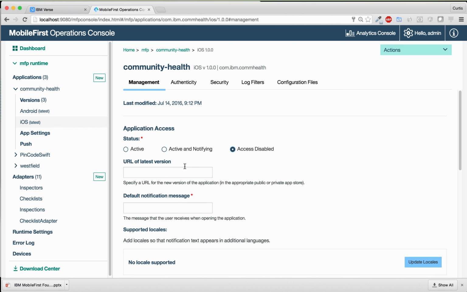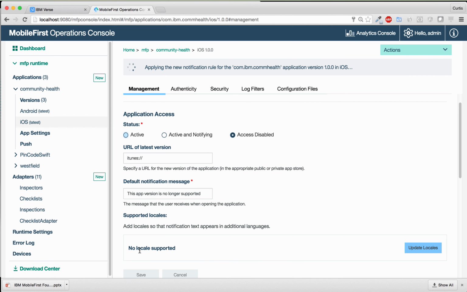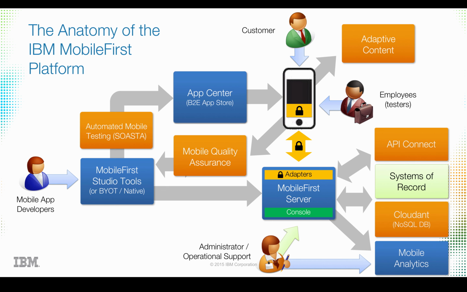With MobileFirst, what I can do is I just tap on Access Disabled. I have the ability to put in a new version of the app if I've got a link to an app store. Maybe this is an internal link or just a web page that people can go to find out how to get the new version. I can put in a notification message: this app version is no longer supported. And as I do that and hit Save, now any users of that mobile app, the next time that their app tries to connect in and call home,